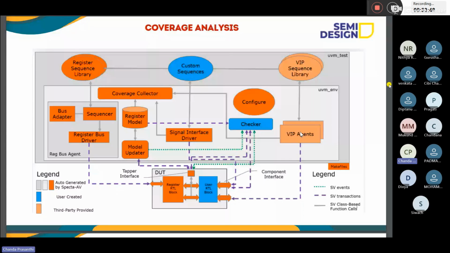Okay, so here we write the different number of bins. Based on the bins we verify the test case. Whatever tests are passing, based on that the bins are getting hit, so that the coverage report will be increased. Okay, so this is the cycle, everything in a circular manner.